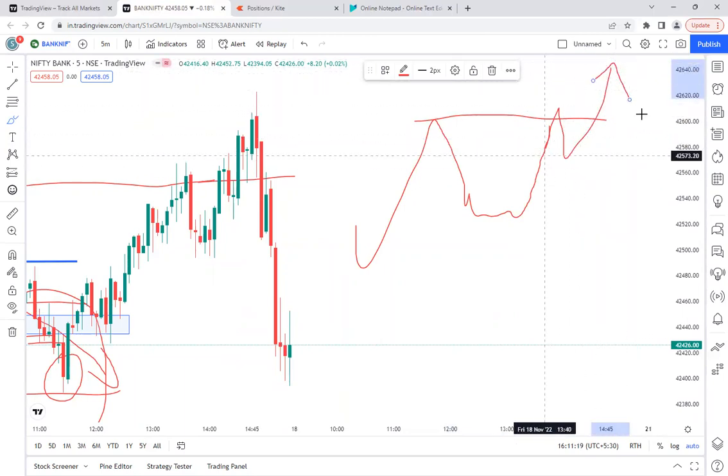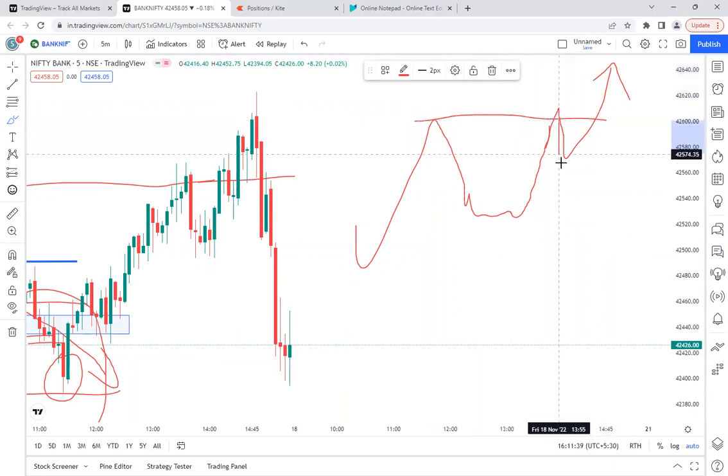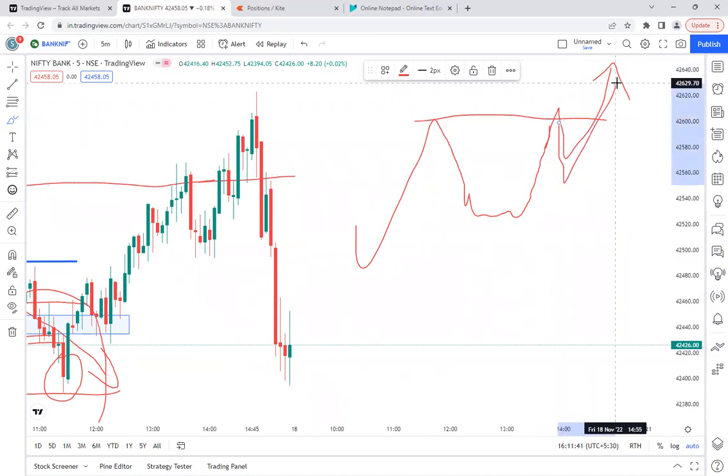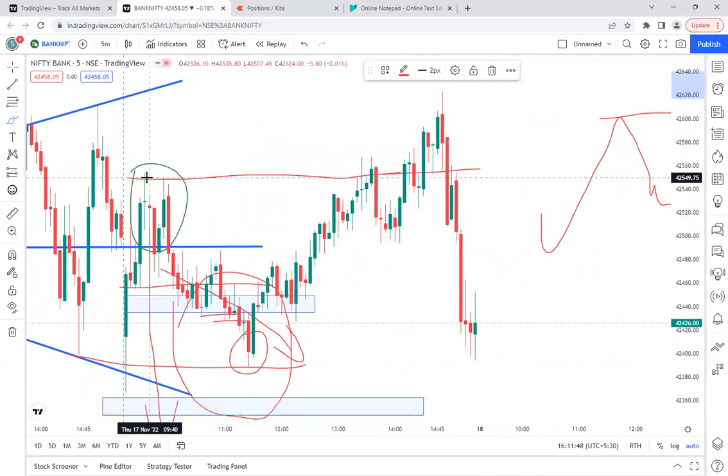This is very common, almost an 80% success rate. That means if any stock reaches the same level from which it fell in the first half of the session, and if it reaches that level again, definitely there will be some sort of profit booking, and again it will go up. This is what generally happens in intraday price action. So that is what repeated again.